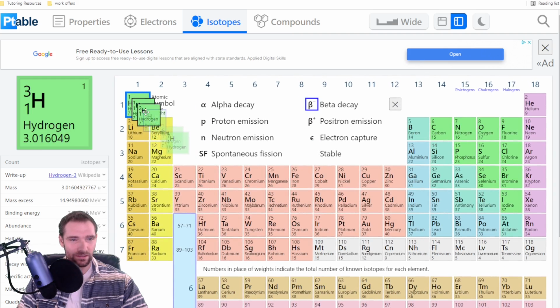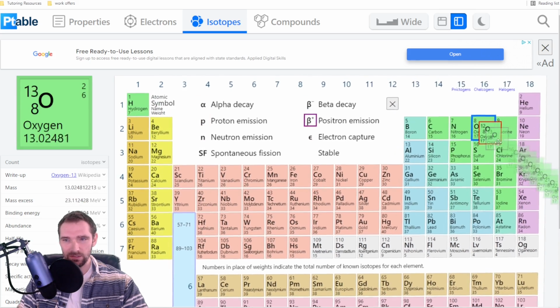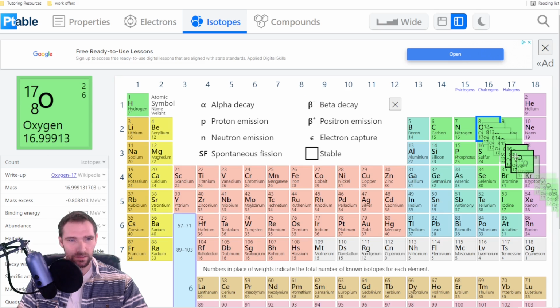Hydrogen, you can see, also has a ton of different isotopes, and then the percent abundance down there. You can see that this has a small percent abundance here. Most of them are near zero because they're pretty rare. I believe this should be pretty much all hydrogen 1, but I'm having a hard time showing that. Let's look at oxygen. Oxygen should be mostly oxygen 16, I believe. Yeah, it's like 99.7%